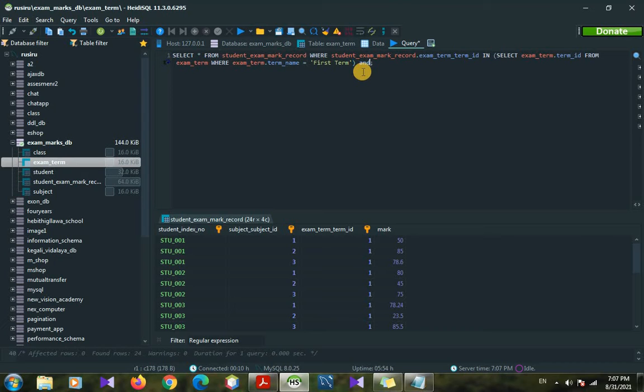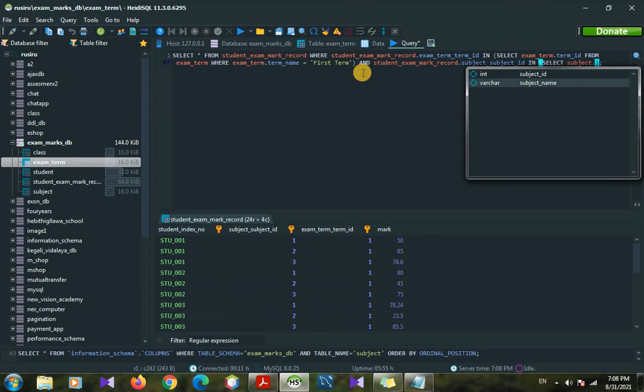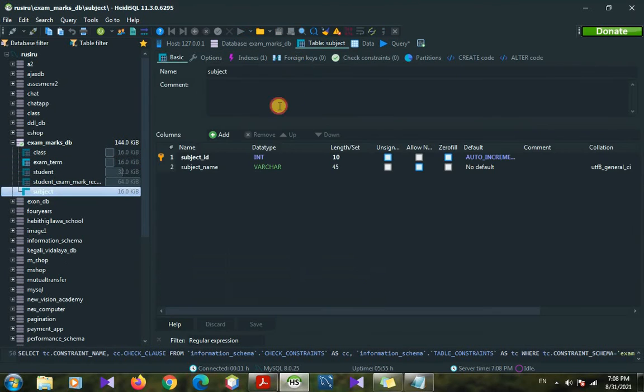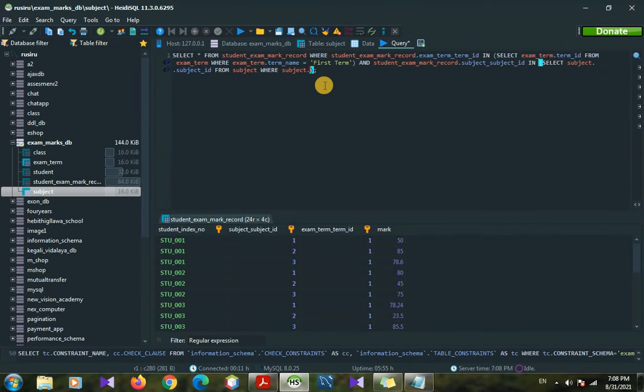We can use the and keyword and type student exam mark record table dot subject id in. We can use another subquery here to select the subject from the subject table. So we type select subject table dot subject id from subject table where subject table dot, then we go to the subject table, take the column name and paste it here.